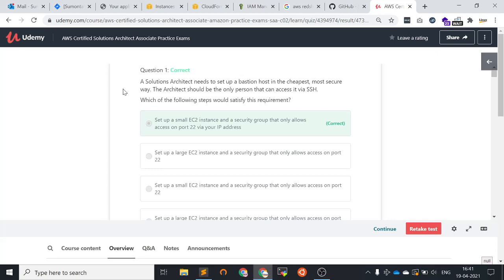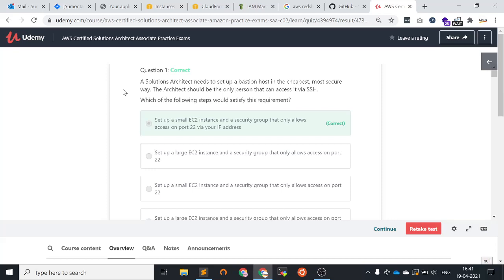The options are: set up a small EC2 instance and security group that only allows access on port 22 via your IP address. Second option: set up a large EC2 instance and a security group that only allows access on port 22.